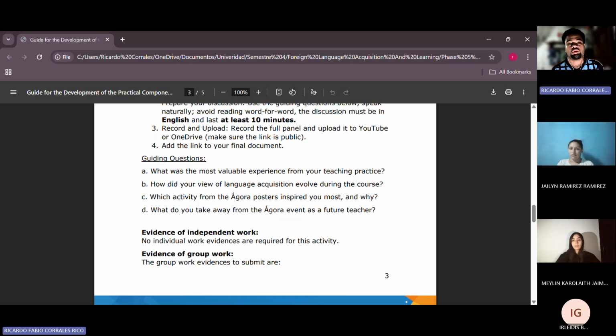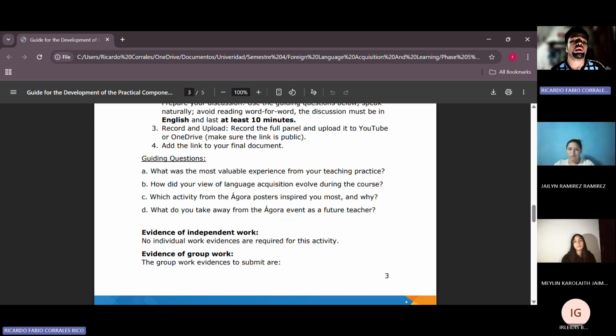During the course, I learned a lot about how I can solve different problems and how I can be a different teacher, creating new gamification activities for my future students. So I really liked it and I love it a lot.